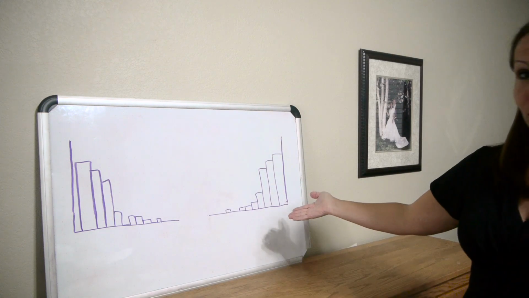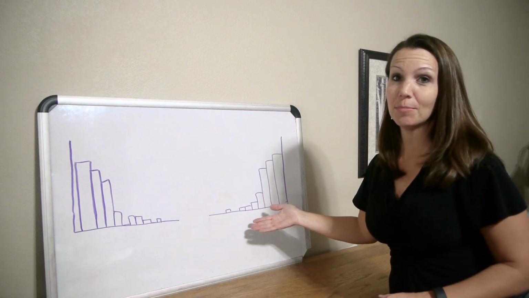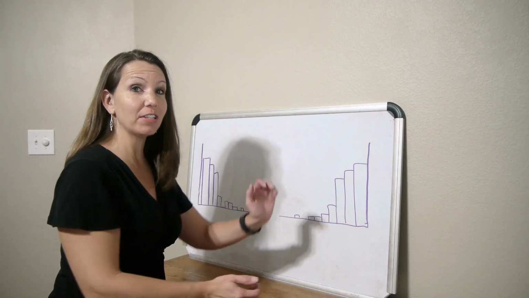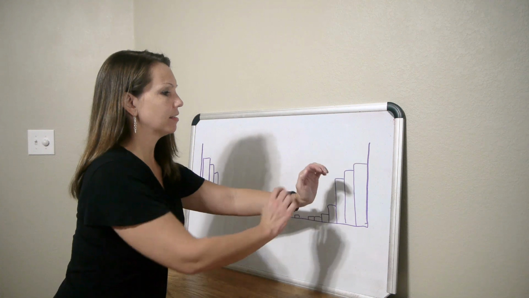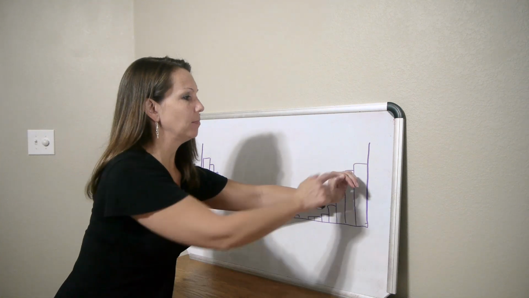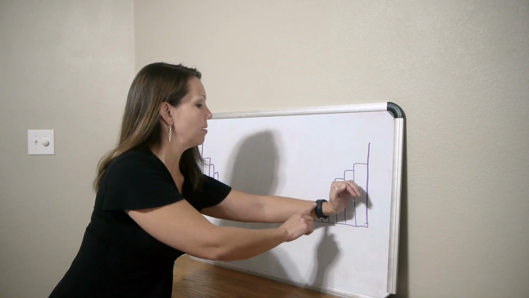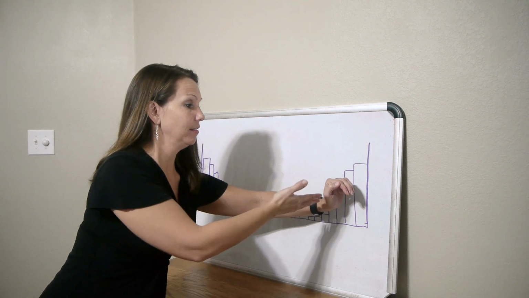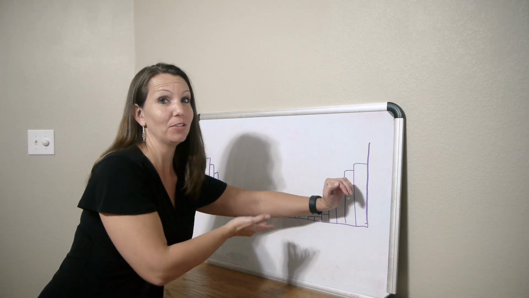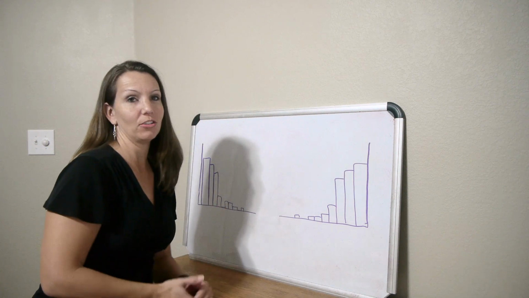Now if you look at this other graph over here, I can do the same thing. Again, my goal is just to make my arm look like the histogram. So in this case, my hand is going to form the cupping shape. That's going to be the big tall part of the histogram. My arm is going to be the long tail of the histogram. And if I look at which arm I'm using, my left arm. Therefore, this histogram is left